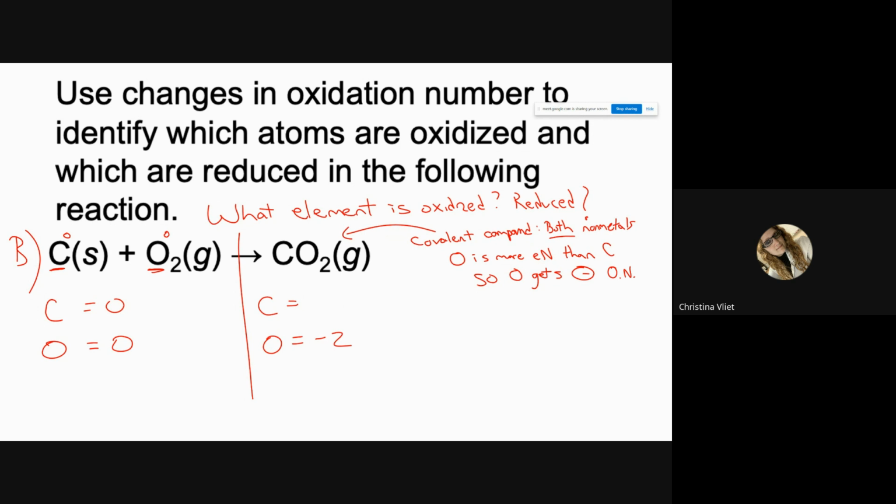But in a compound, the electrons are now being traced as they move around. And so where are they moving to? They're moving to oxygen. And so what happens to carbon as a result? If oxygen, and we're saying each